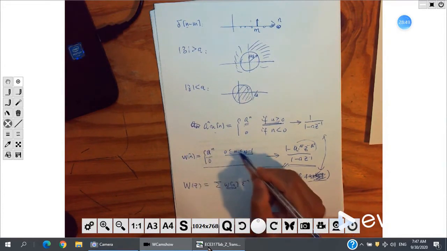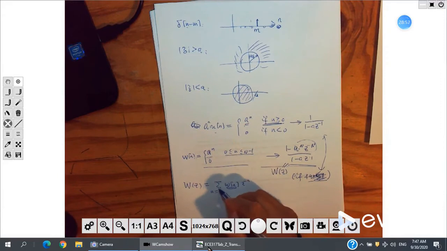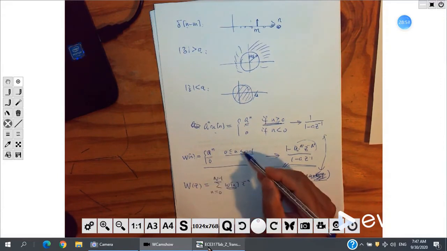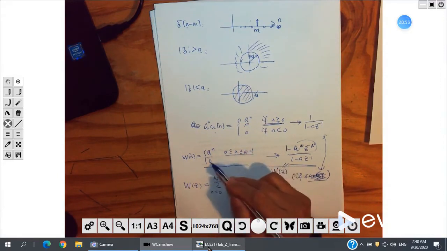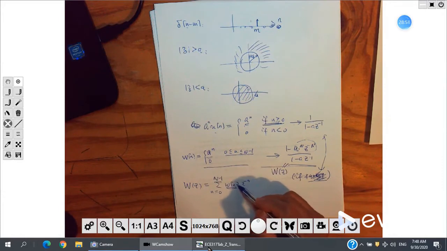For n running from 0 to N minus 1. For all the other n, it is 0. So in the summation, we only need this term, and for all the other n's, this is 0. So we will keep this, and